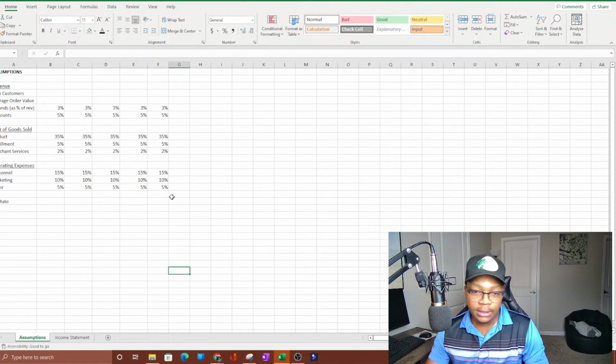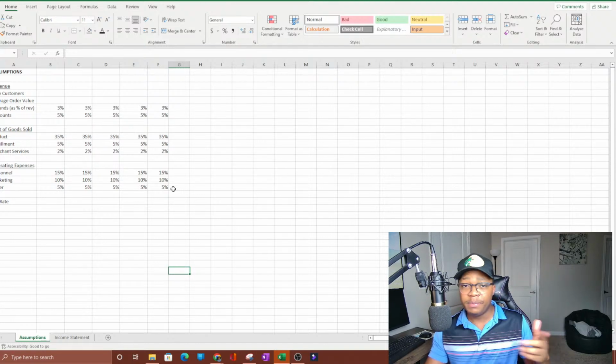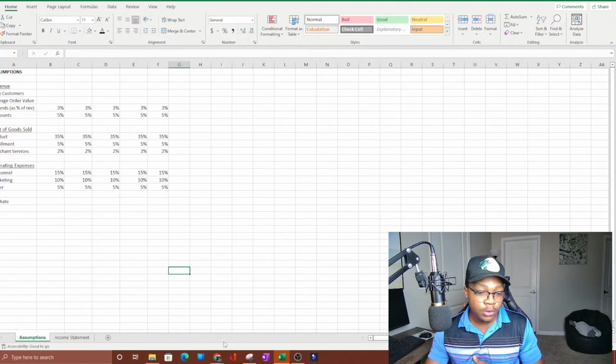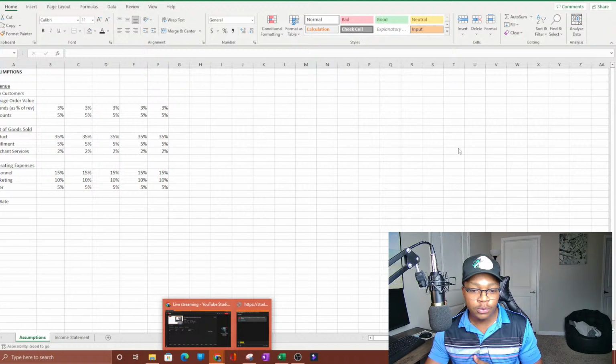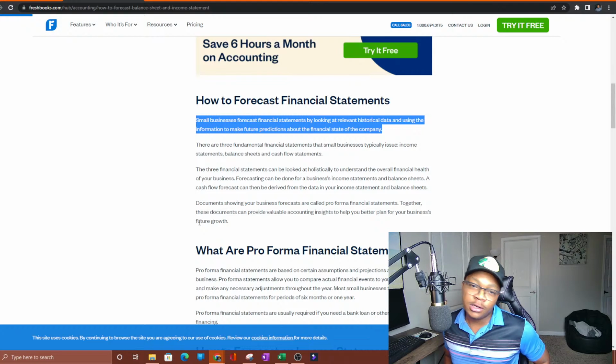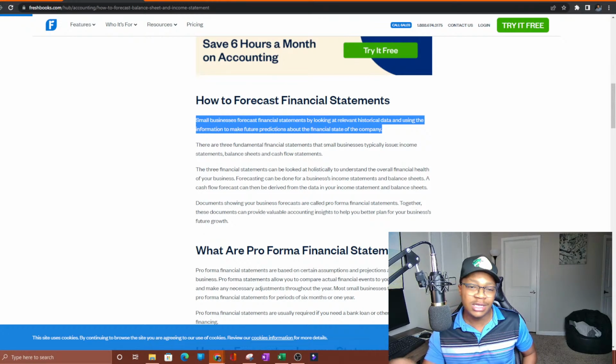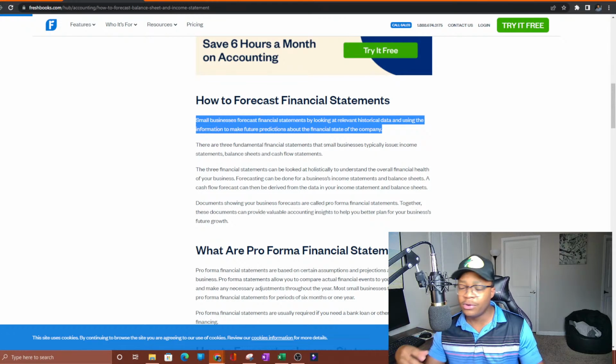This is our template that we're going to be using for this video, and this is obviously going to be based on assumptions because we don't have historical data. But before we get into all of that, we're going to do a nice little Google search. For those that are not familiar with income statements and forecasting, they're called pro forma financial statements, which essentially means that you are projecting something. In my videos, I talk a lot about building projection models, and the income statement is one of the most popular